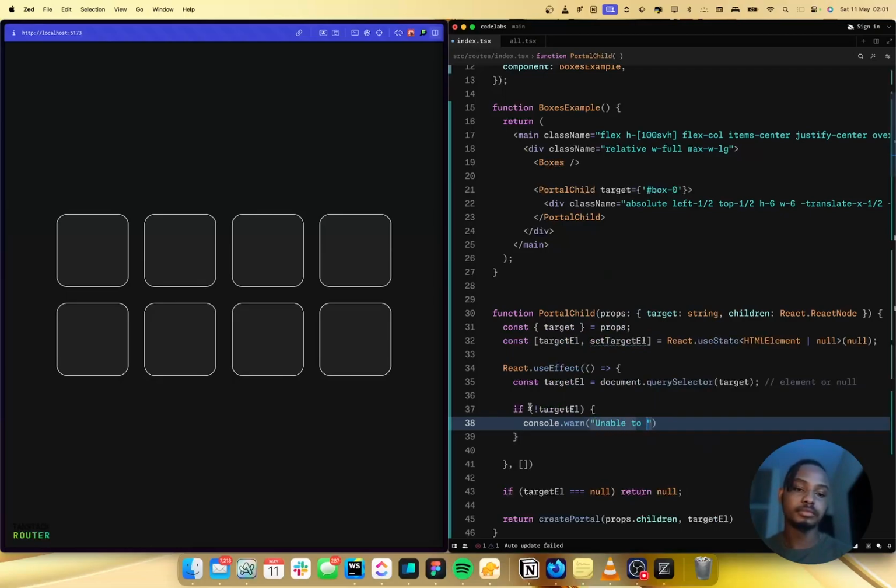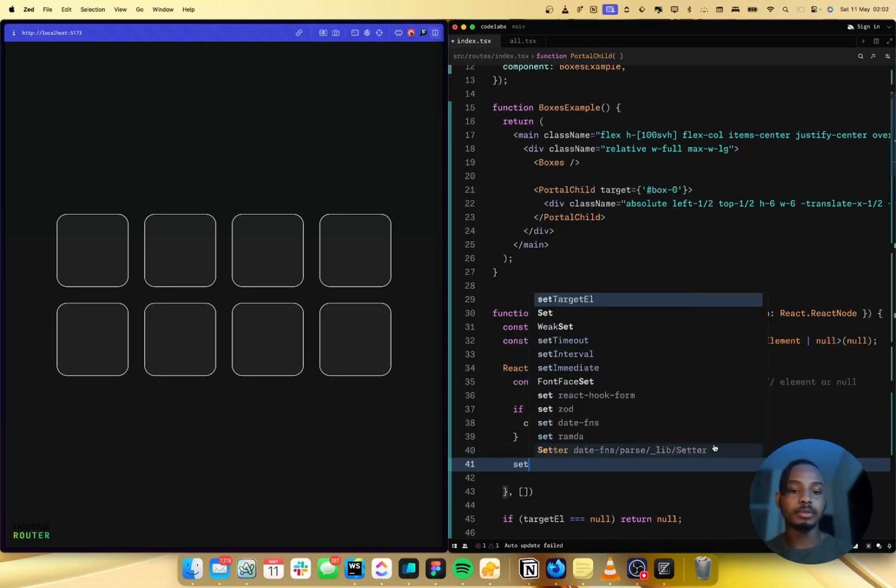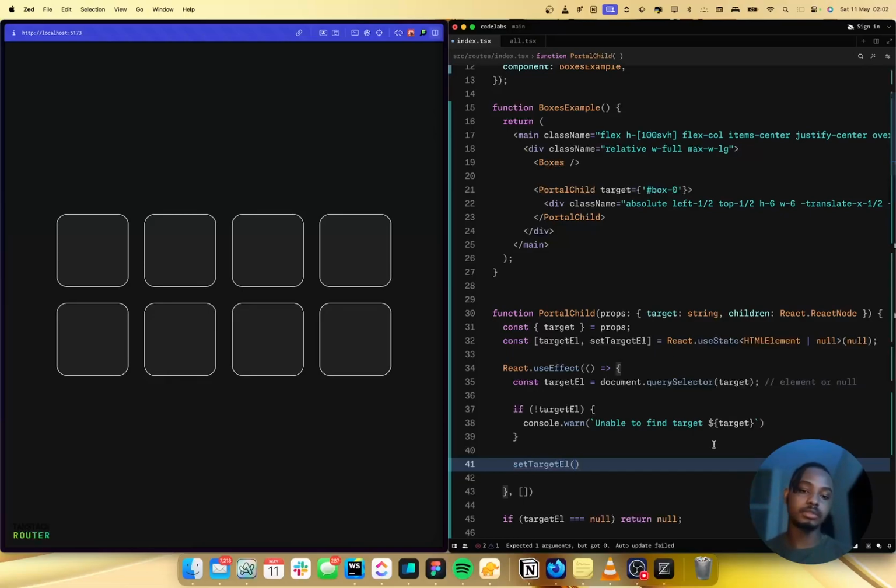Unable to find target, right? And for the message, I think I would just basically have to specify the target property, or reference the target property there, right? So in a case where we do find it, all we simply want to do is just set it to